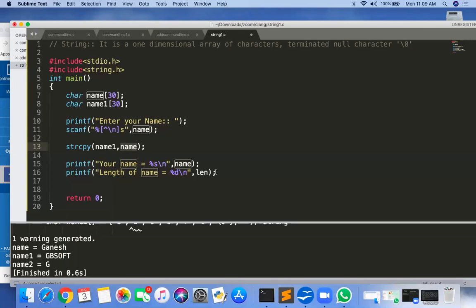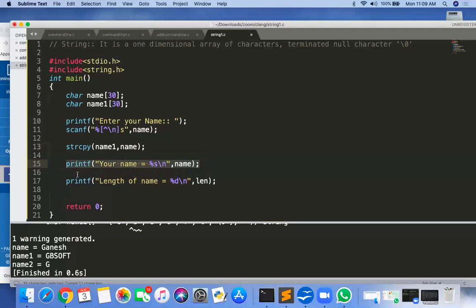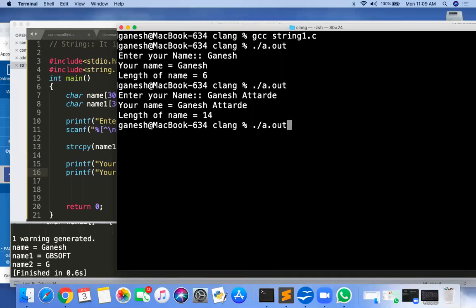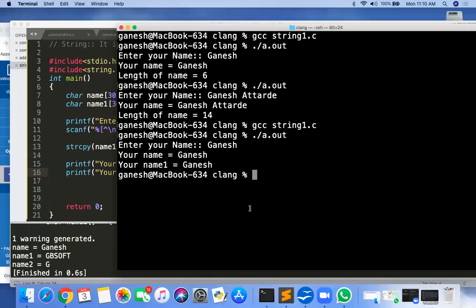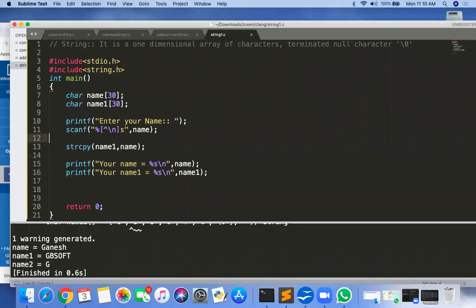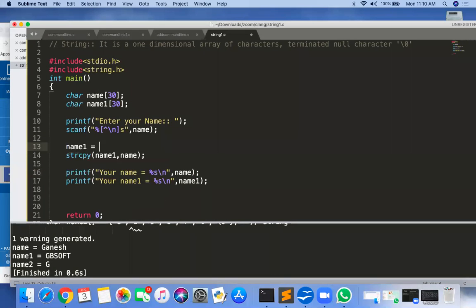Content of name I copy into name1. So when I run this program and give the input as Ganesh, your name is Ganesh, your name1 is also Ganesh. Getting? So here string copy doesn't mean name1 equal to name.